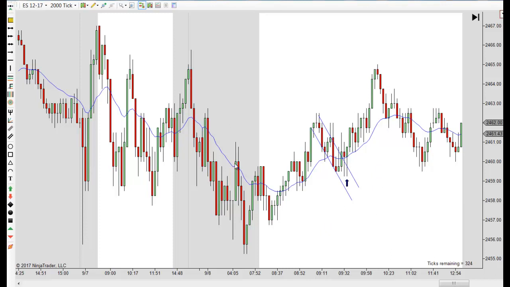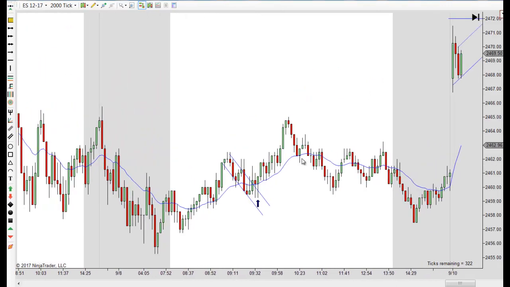I mean, this looks like it was going to be a range day, and then we really trended up for, it was a range day in the end, but we trended up for half the day, and then we trended down for half the day. So